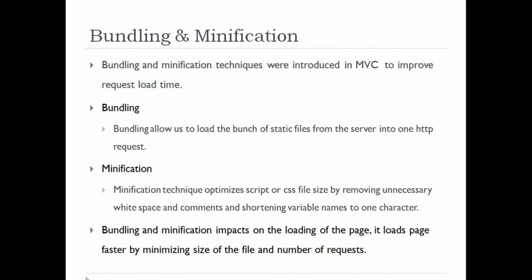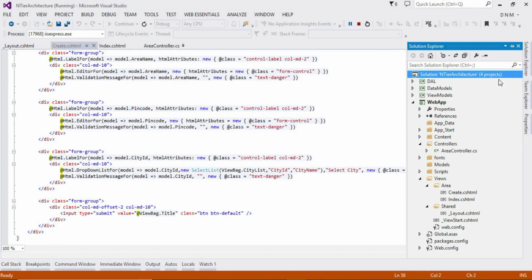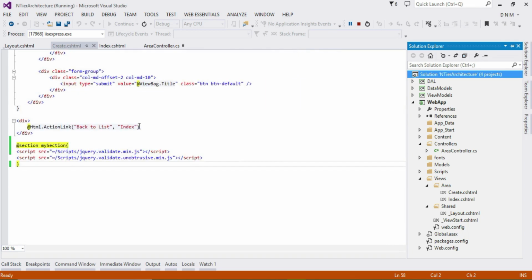Let me show you how many requests are made to the server when you request a particular action method. So here I open my n-tier architecture solution that we created while studying the repository design pattern. As you can see here, this is our create view, and this create view requires these two files,